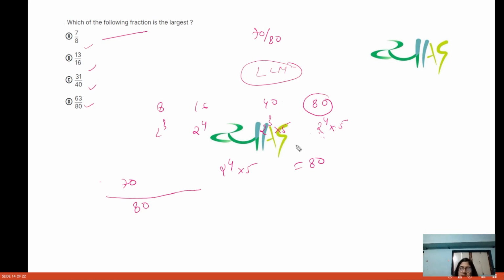13 by 16 will be what? 13 into 5, that is 65. OK, 65 by 80. This is 70 by 80. And this is what? You just have to multiply 2 here. So this is 62 by 80, and this is 63 by 80. So you obviously know 7 by